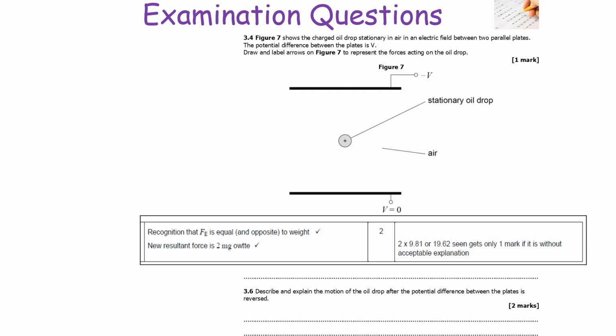Now it says then describe and explain the motion of the oil drop after the potential difference between the plates is reversed. So now there's going to be a resultant force acting downwards on the oil drop, because originally the upwards electrical force is now acting downwards. So this tells us that the oil drop will accelerate downwards, but as it accelerates downwards, because it's moving through